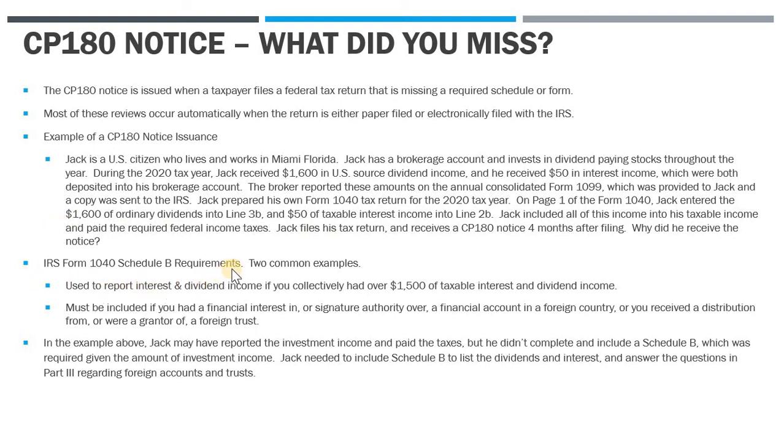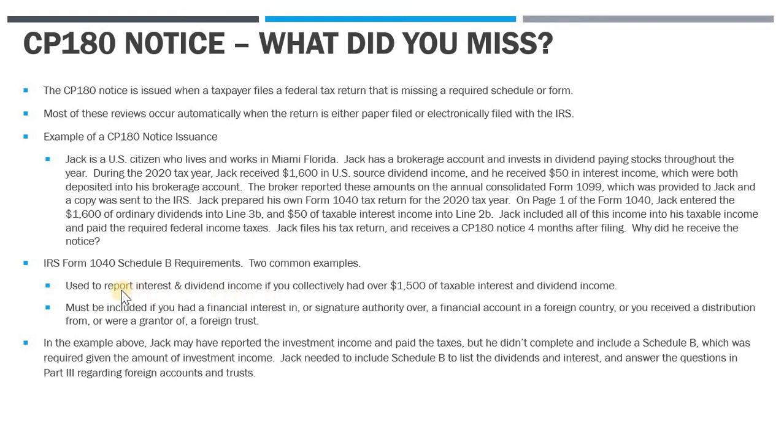So let's look at the IRS Form 1040 Schedule B requirements. Two examples. There's a number of variables that could trigger this obligation, but these are the two most common. You need to file Schedule B with your 1040 if you had interest and dividend income over $1,500 during the year. The second most common example is if you had a financial interest in or a signature authority over a foreign financial account, so a foreign bank account, or you had an ownership interest in a foreign trust. So the first point here is where